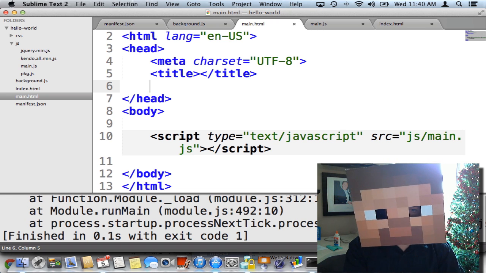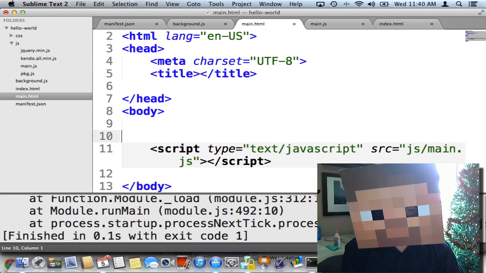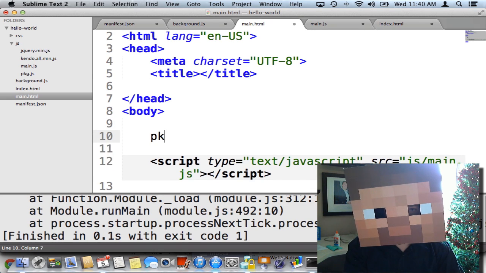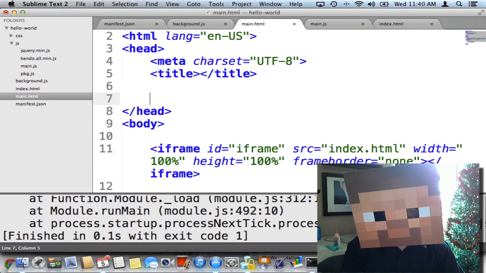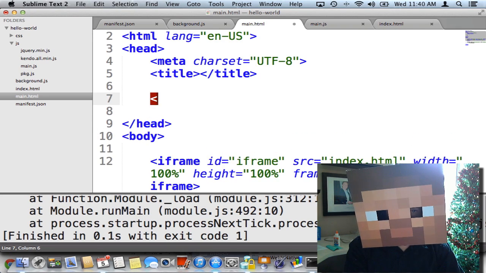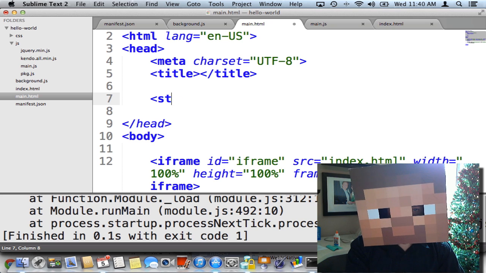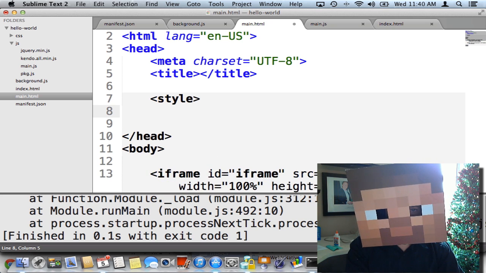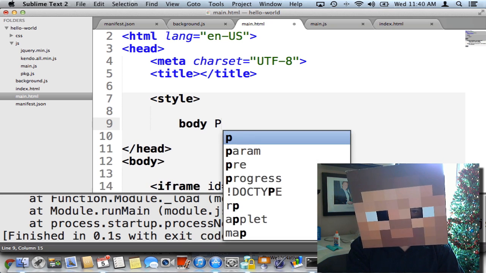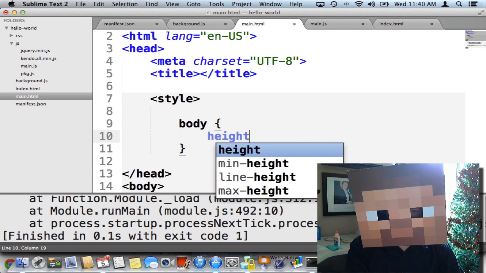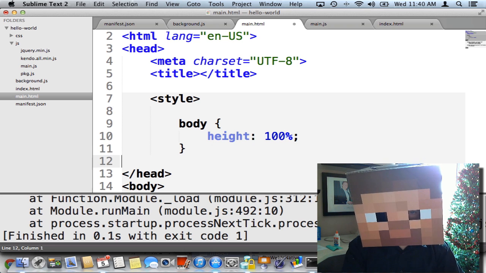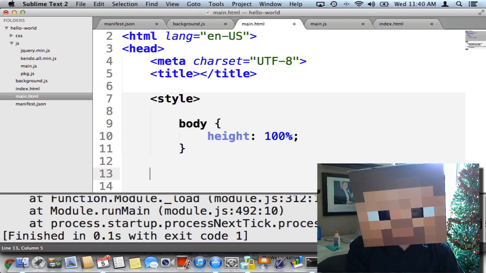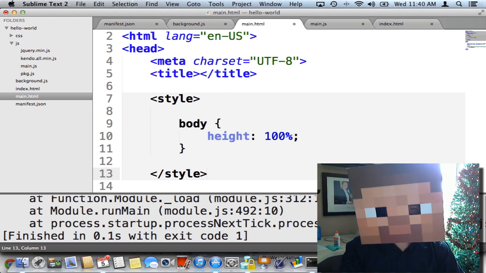Alright, so now I need to add an iframe here in which I can display this index page. So I'm just going to add an iframe tag, and then at the top I'm going to add a little bit of style for the body, because I want the iframe to extend the whole page so that you can't tell that there's actually an iframe there. And I'll just set the height to 100%. That's kind of the magic that I need there. I don't need single quotes, but thank you, Sublime Text. Alright,